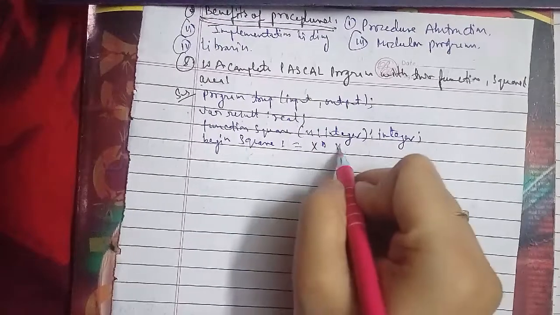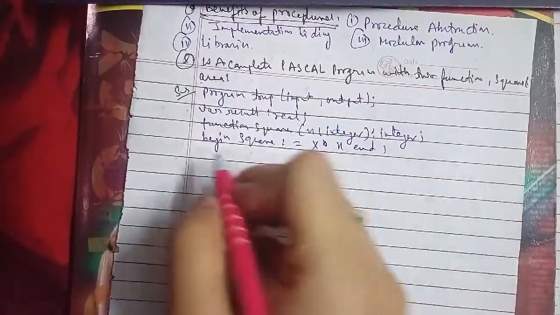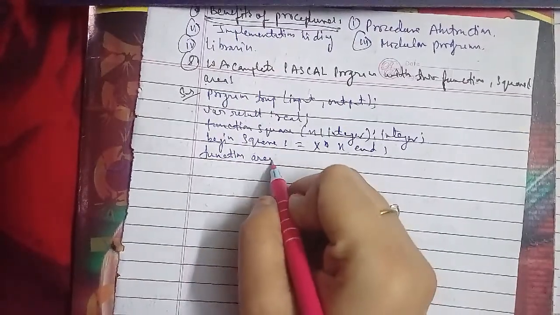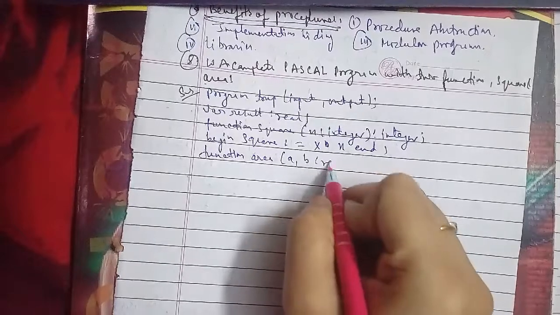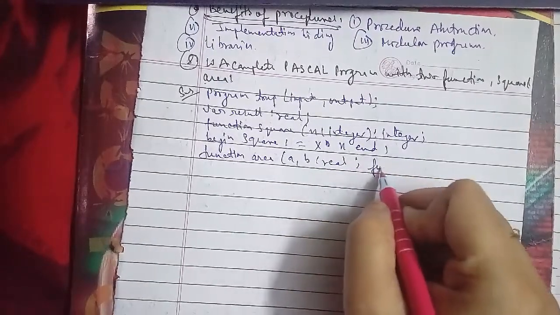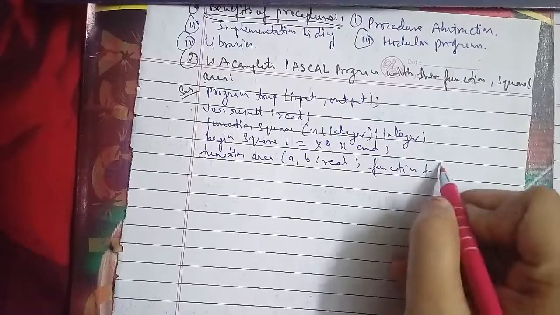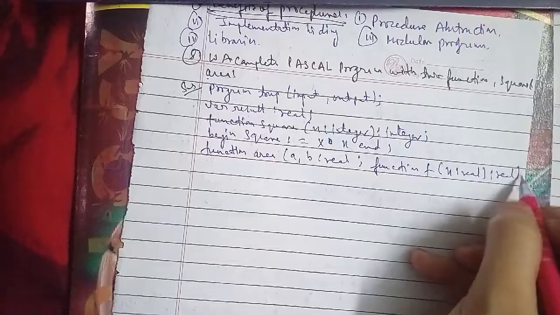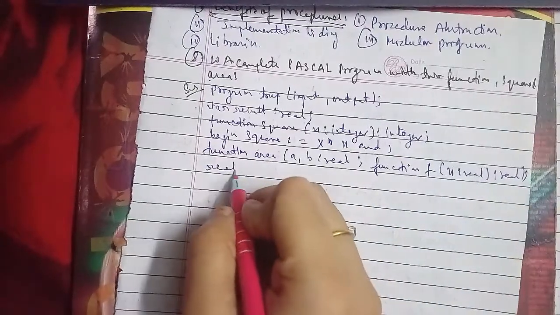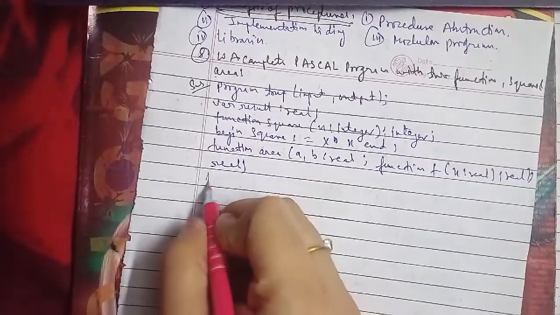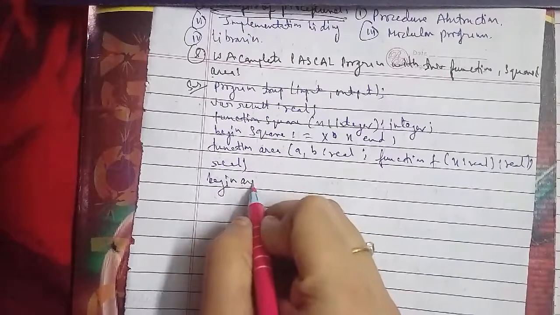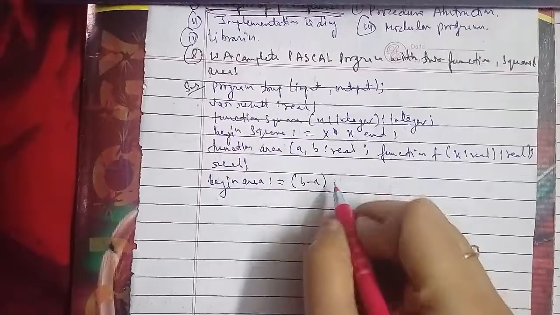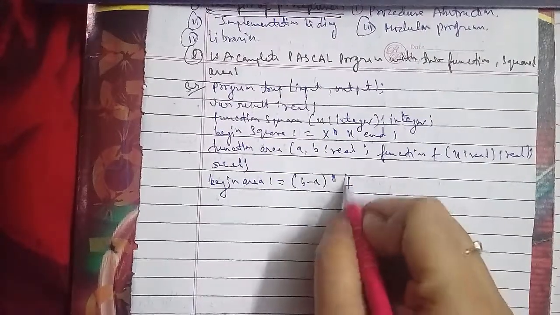function area(a, b: real; function f(x: real): real): real; begin area := (b - a) * (f(a) + f(b)) / 2 end;